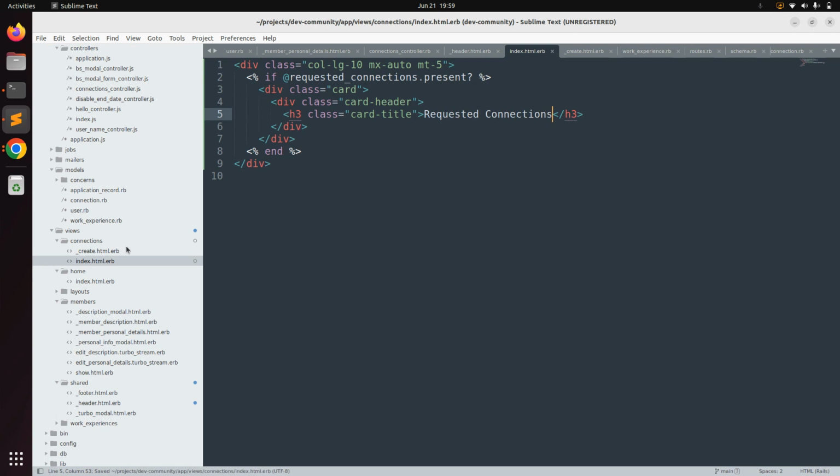Okay, save it. And now after the card header, we need to define the card body element. So div class card-body, and also add another class here that is text-center. So whatever we display in this card will be coming in the center of the card. Okay, and now we need to add a row class here, because to display all the connections in a grid, we need to add a row class. So div class row,